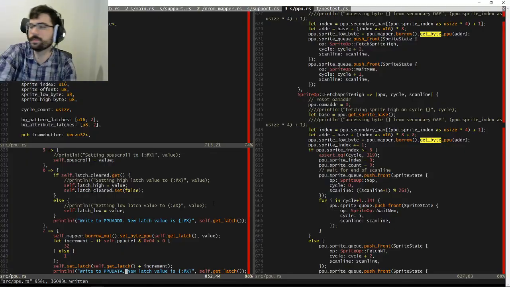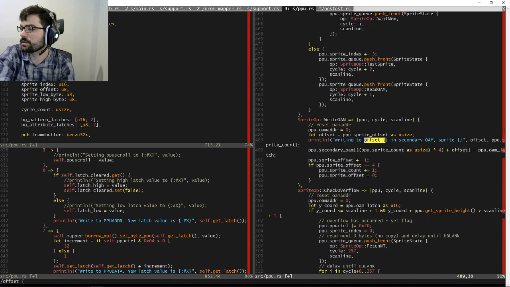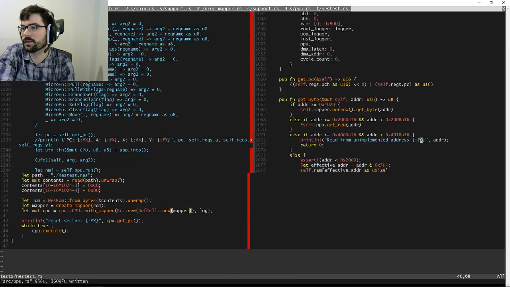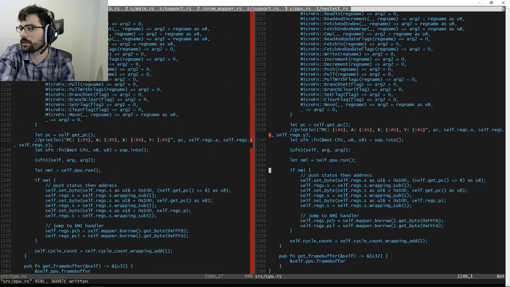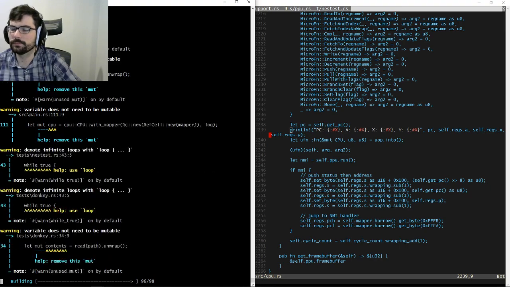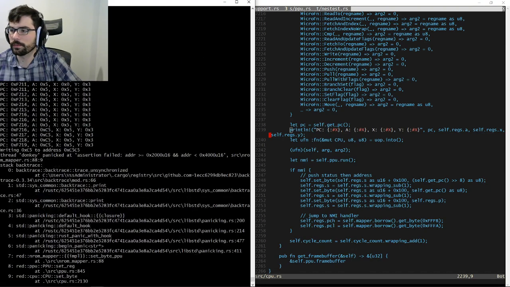Well, first of all, I should stop printing out all these guys. Should just turn those off because they're getting in the way. And then I probably am going to want to see the execution state, which I've got right here. So we'll just do that. And that should hopefully tell us something. Kaboom! All right.